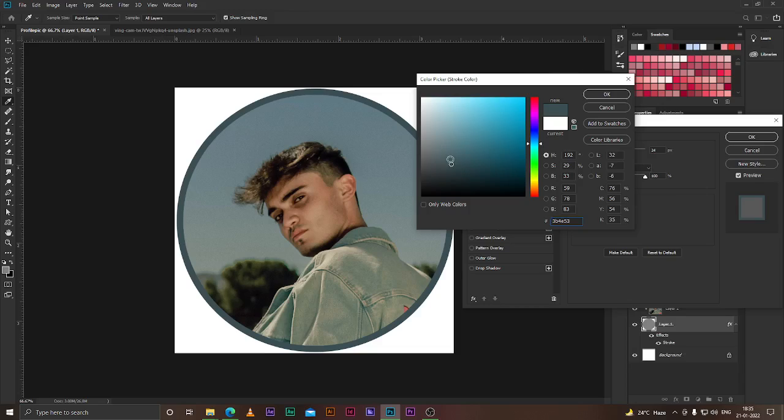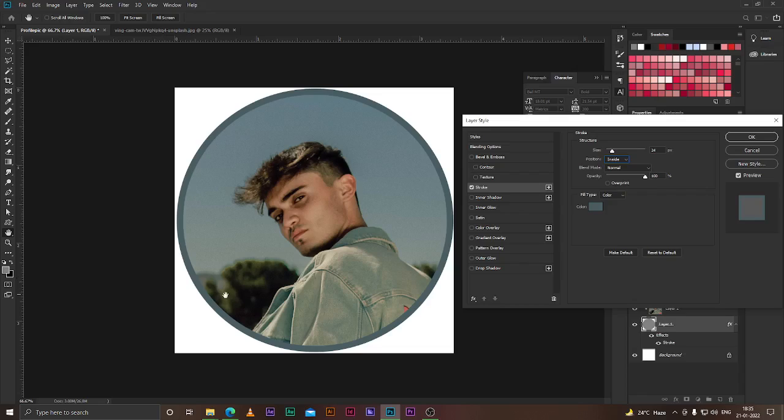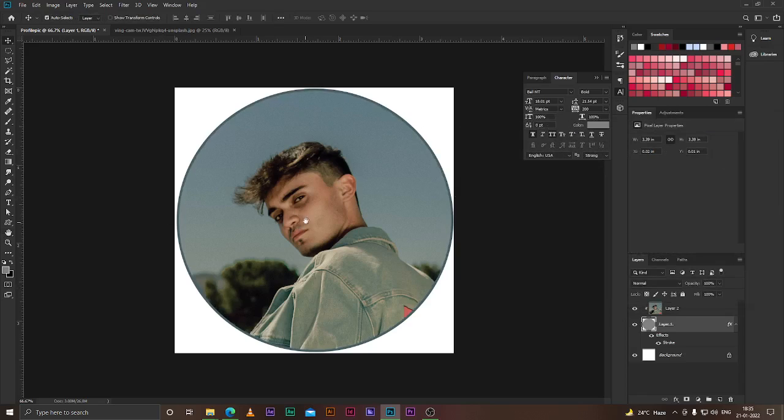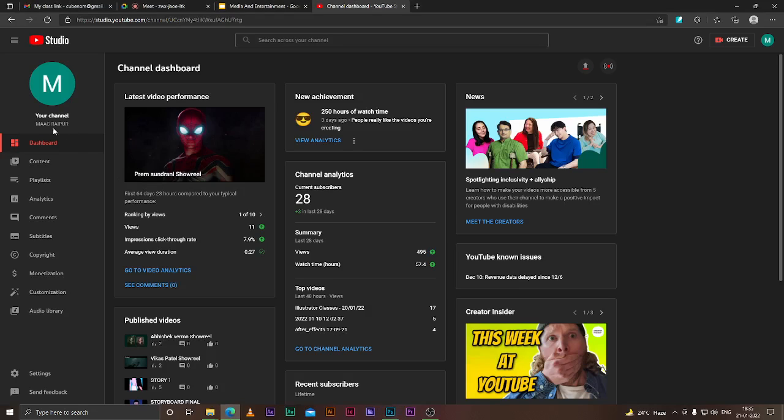I could give a little bit of contrast to this so that it could be visible, not too much, a little subtle. Then let's reduce the size. If it feels a bit too much, then you can always go for a little smaller size.